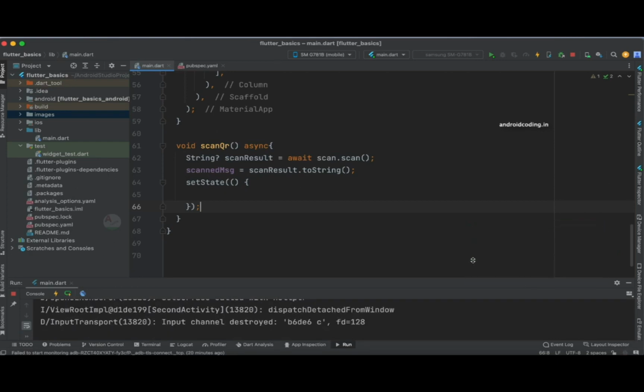So yes, this is it for this particular tutorial on QR code scanner, and the code for this tutorial